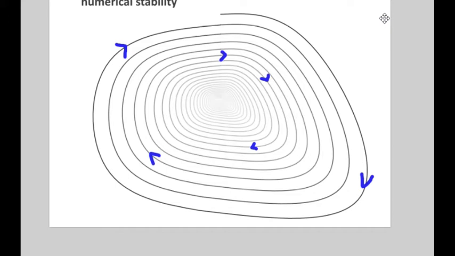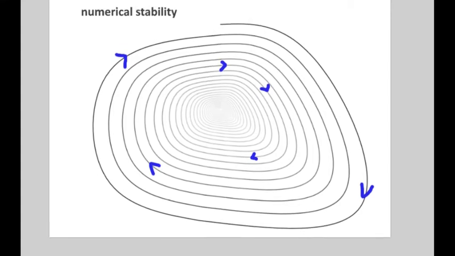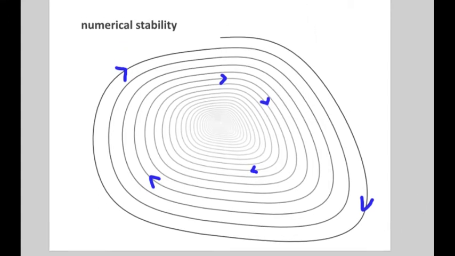This graph is showing the basic concept of numerical stability. There's a more formal definition, depending on if you're working in linear, nonlinear, stuff like that. But the simple definition is that